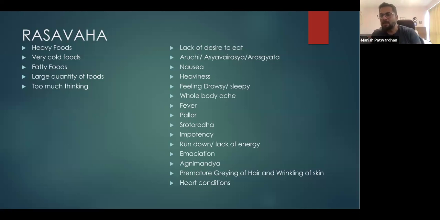The other way is you want to eat, you feel hungry, okay, you want to eat, but when the food comes in front of you, the sight of the food causes aversion to food. Now, what is aversion basically? Aversion is losing interest in something. What is losing interest in something? Something that you wanted to do, now suddenly you don't want to do.